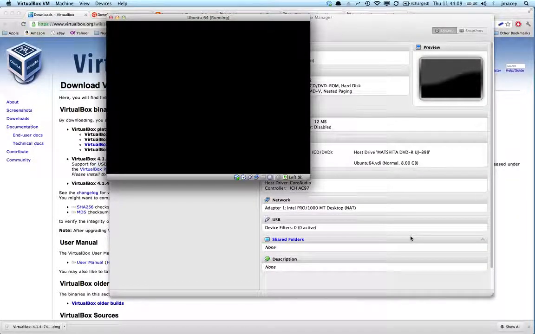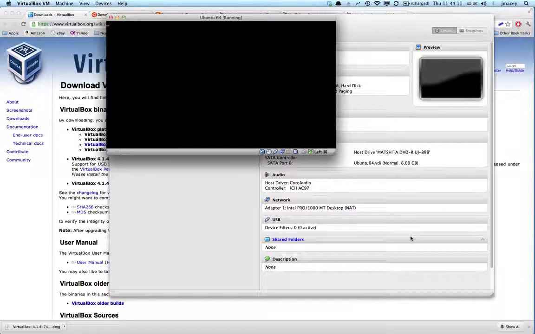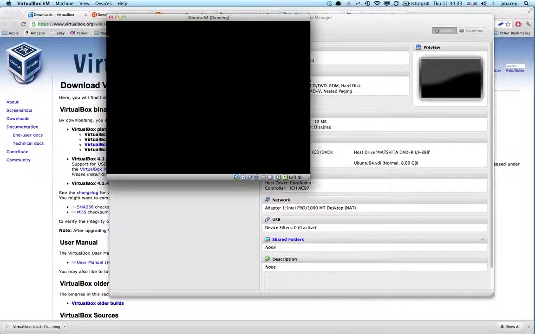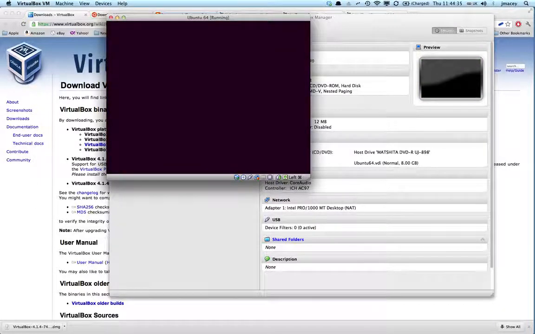Now, it's slightly different under the different operating systems how this works and the different host machines that are running it. We'll just wait for it to boot. It's being a little bit slow, but we should eventually see it going through the boot cycle here. Here we go. So we should get all of the boot messages as we do for a normal machine, and it should come up with the, there you go, the Ubuntu